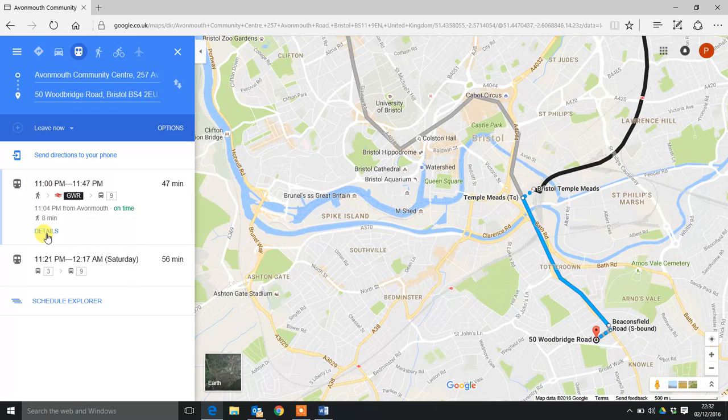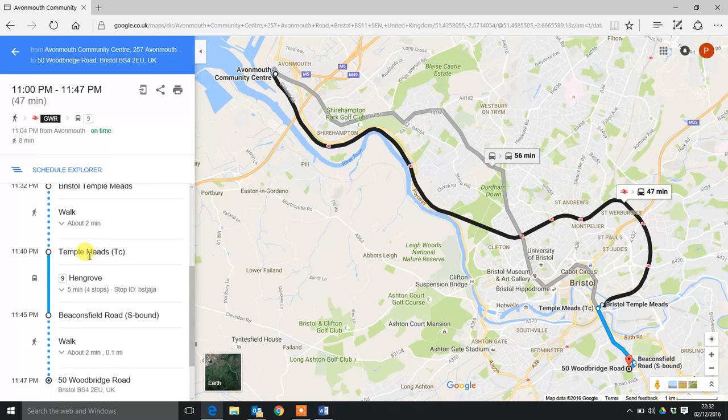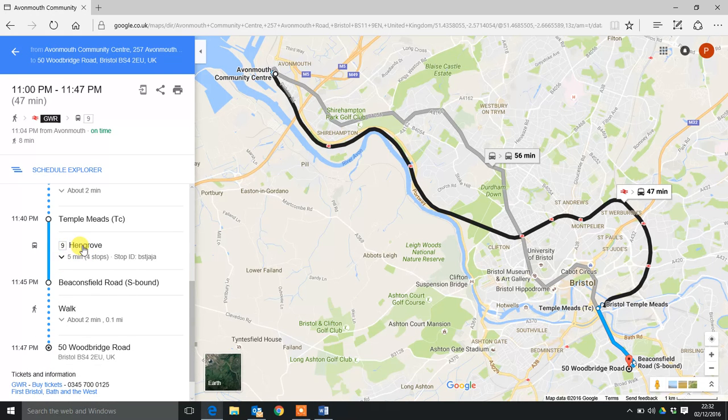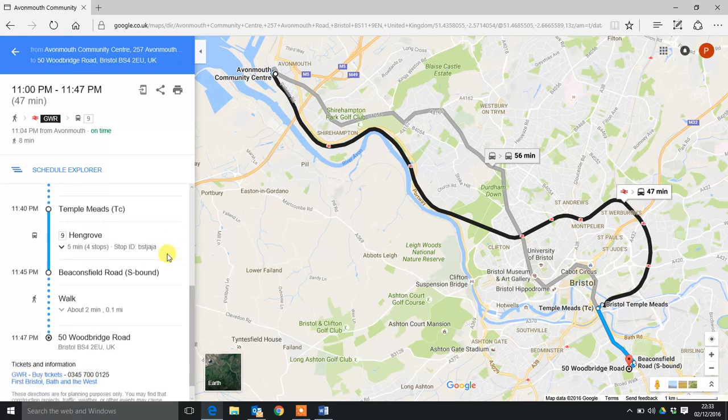Okay, what are we going to do? Let's look at the details. Walking, aha! So it will give us some buses as well. So not only will it give us trains, but it'll also give us some bus stops and a little bit of walking. Okay, so you can plan your trips using Google Maps for trains, driving, walking and buses, and even